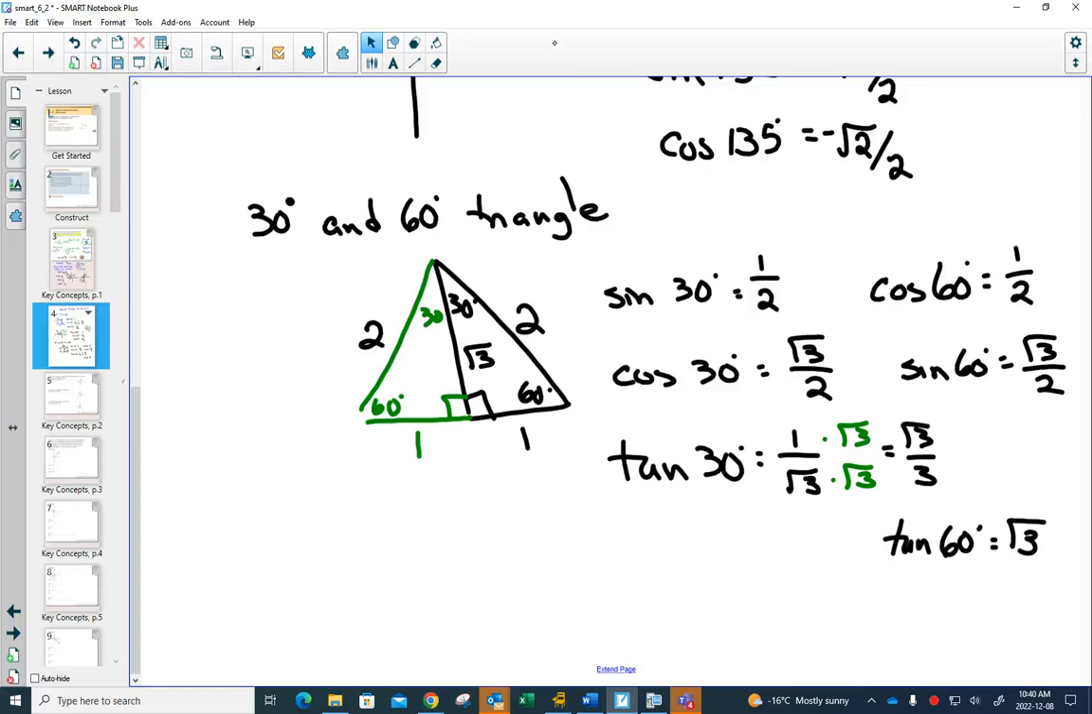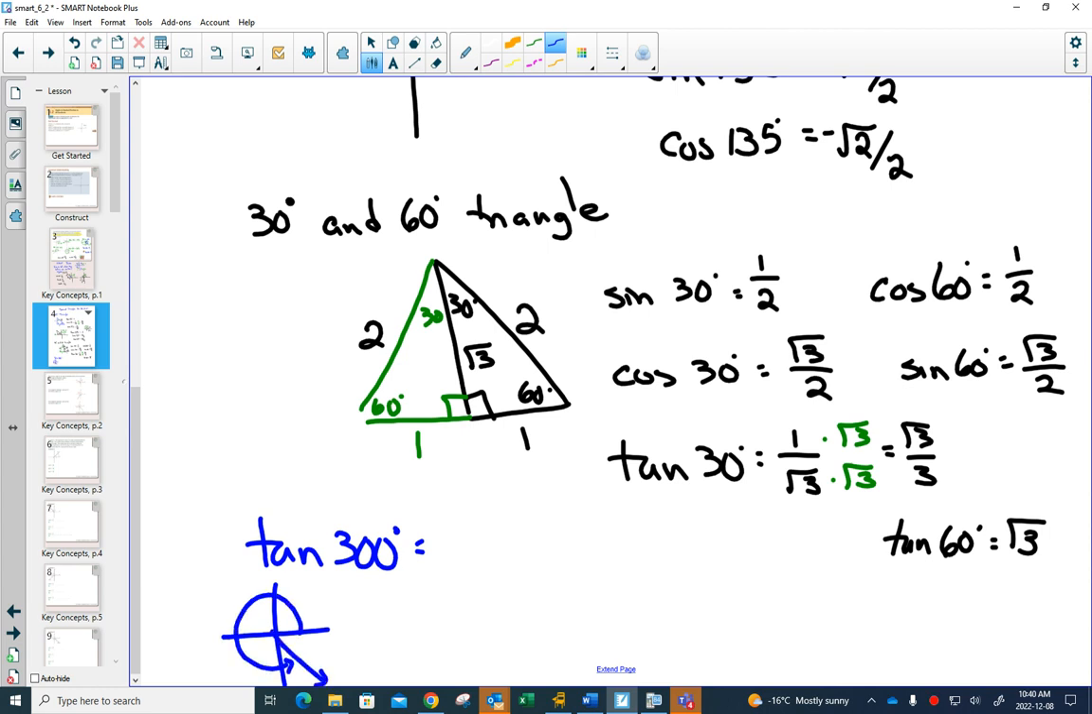So for example, I could say, what is tan of 300 degrees? And if you drew 300 degrees out, you would get a reference angle of 60 degrees to go up to 360. So you would know that tan of 300 degrees is going to be the same as tan of 60. So it's going to be root 3, but you don't know if it's positive or negative yet until you look